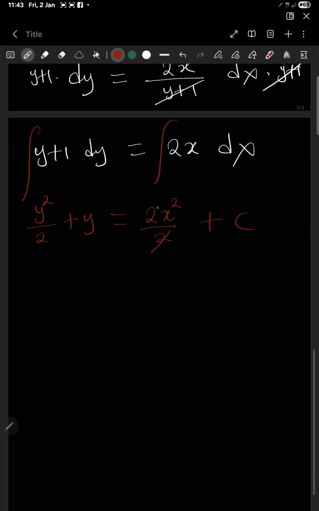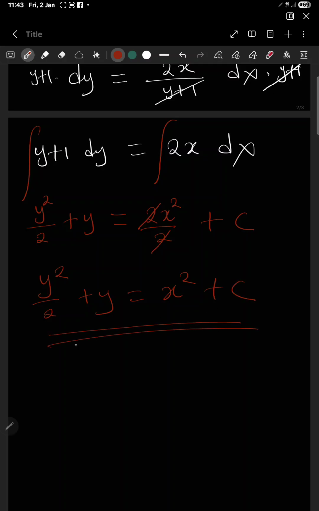So you can cancel the 2 and the 2, then we end up having y squared over 2 plus y is equal to x squared plus c. So this becomes our final answer if we are to integrate this particular question